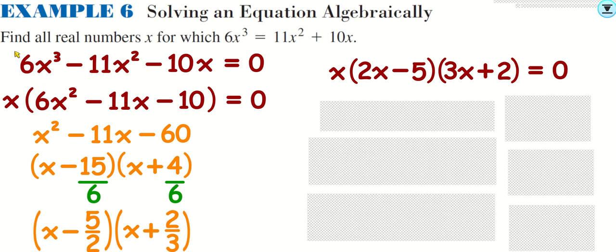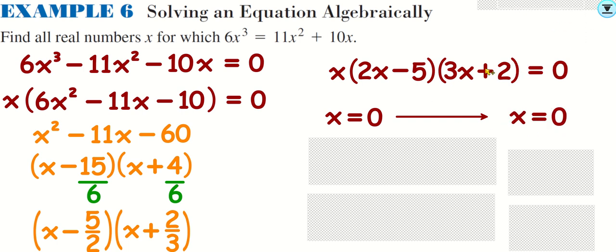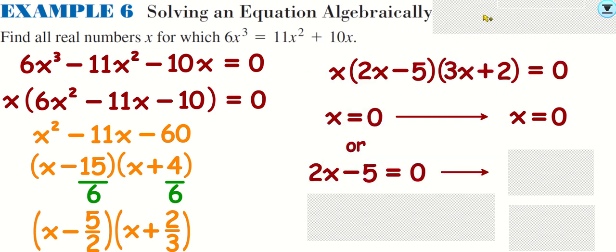So quick recap. After you've set it equal to 0, then you look to factor. After you've factored, what do you then do? Well, now you set all the factors equal to 0 separately, including a GCF if it's there. So x could equal 0, that would solve it, or the 2x minus 5